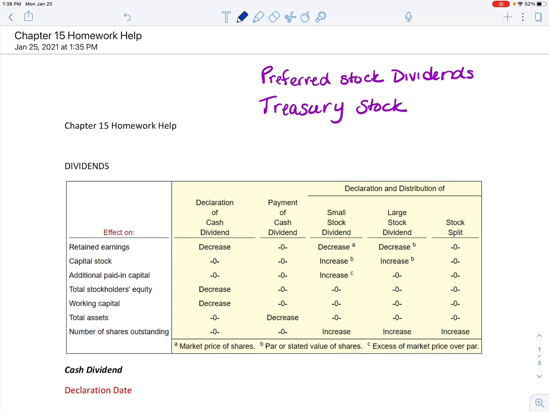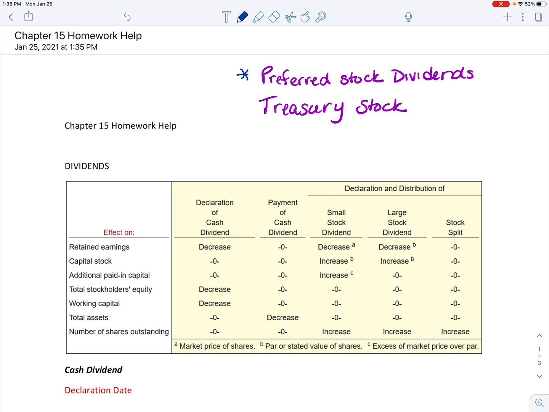Today I want to go over with you dividends. Not only how to record each kind of dividend that a corporation might issue, but also its impact on the stockholders' equity section of the balance sheet. I chose this topic because I know it is a little bit different from what we've maybe learned in the past. And I wanted to remind you that if you do have questions on other topics, specifically in this chapter,